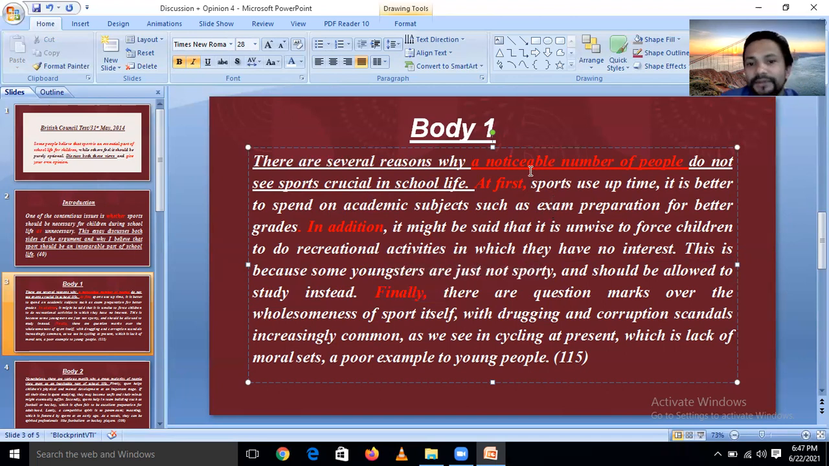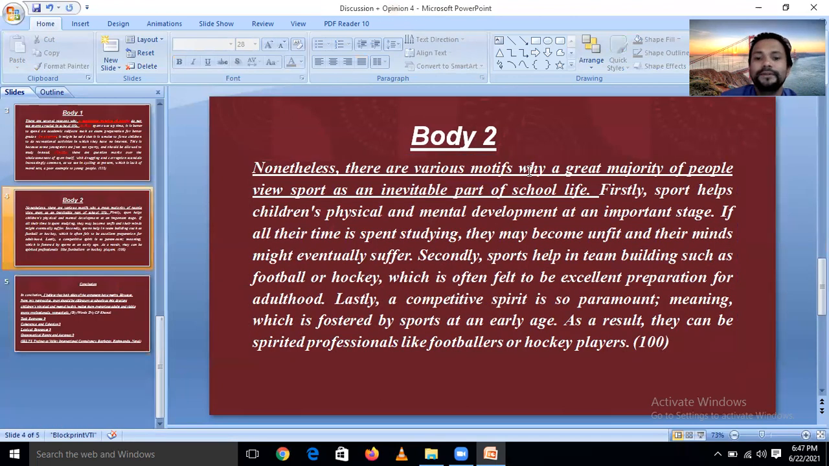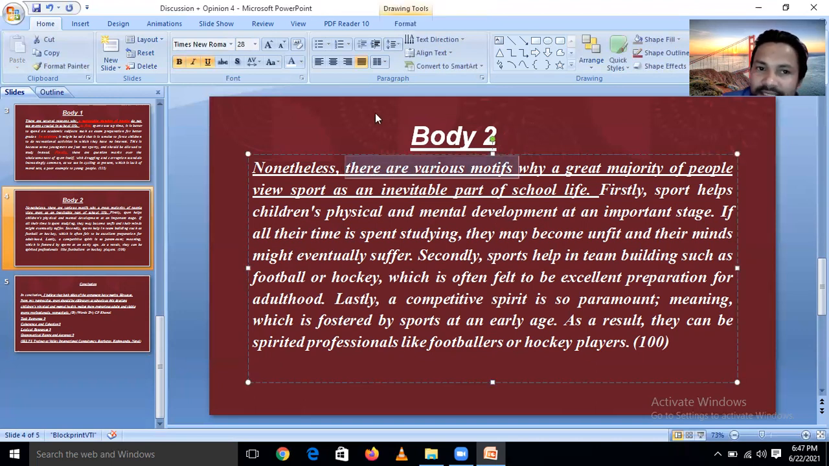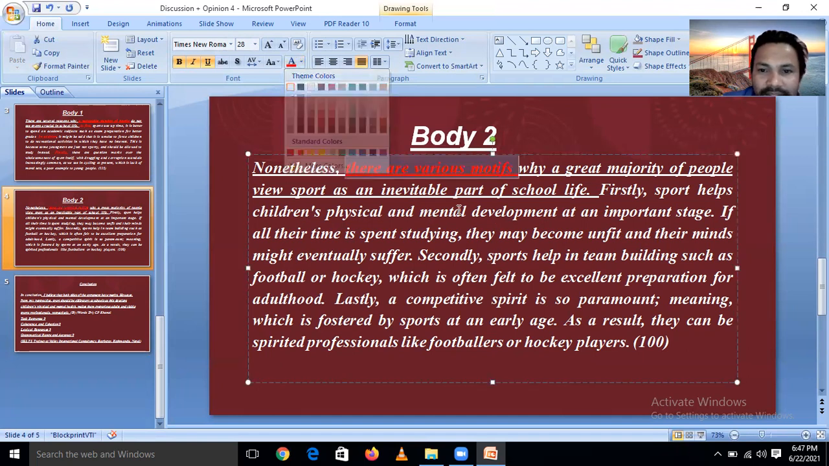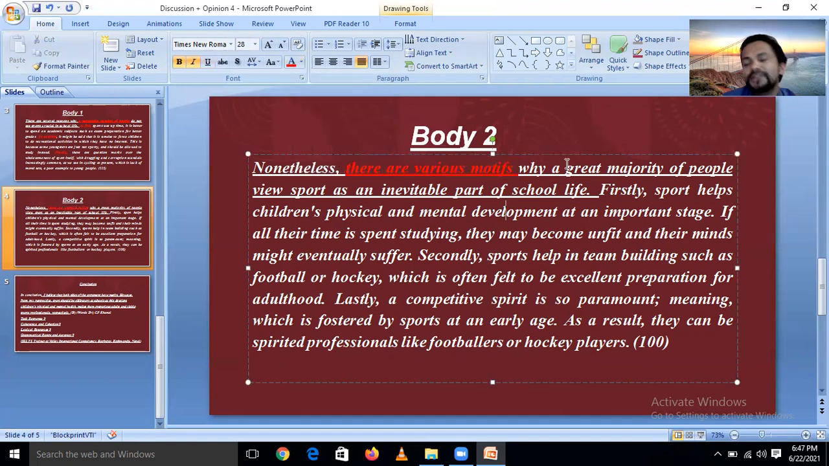So this is body one. I'm going in body two. Nevertheless, or however, you need to contradict the first body. This is the side that you have supported. Okay. Then there are various motives. There are various means, exactly. There are more than two reasons here also. There are various motives why a great majority of people, other people means a great majority of people,